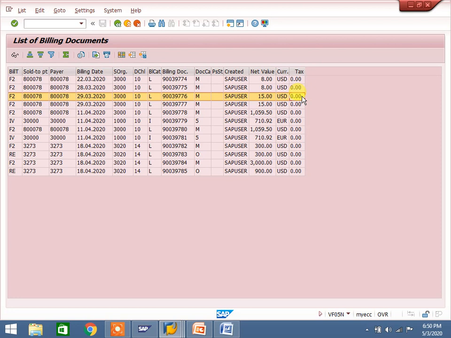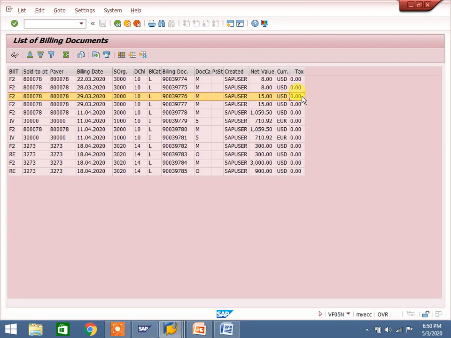Sometimes there are BW reports too; these are all reports. That is the SD consultant's role. What does the technical consultant do? Once we prepare the functional specification, they understand it and write the code. If they require any other inputs, they ask us.